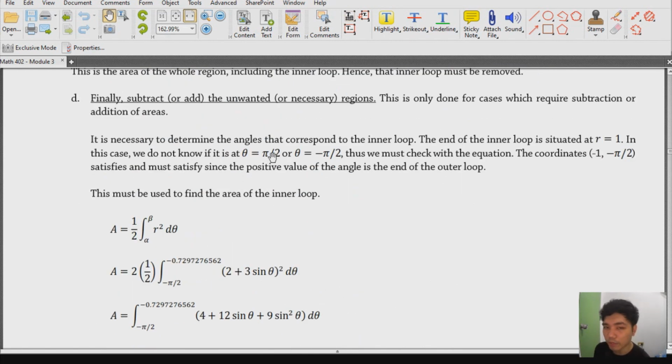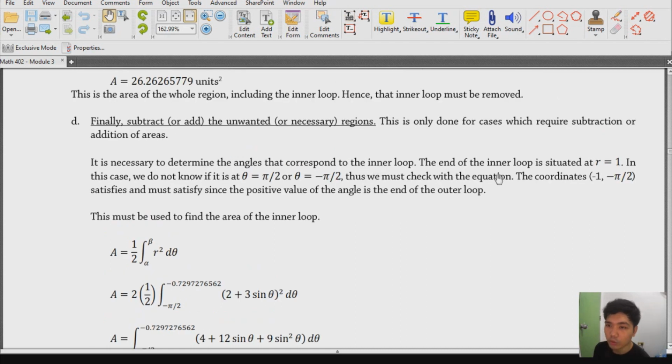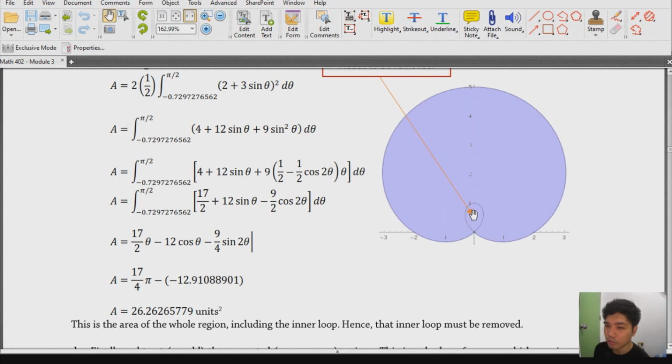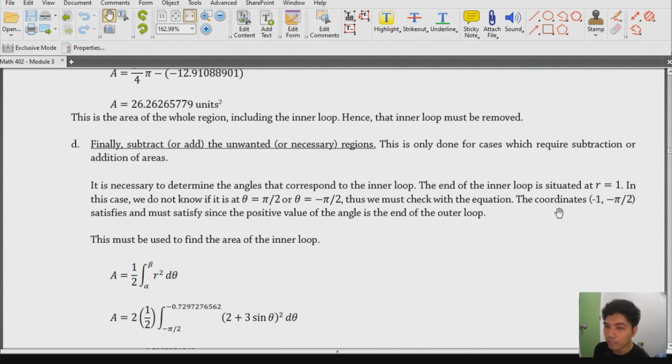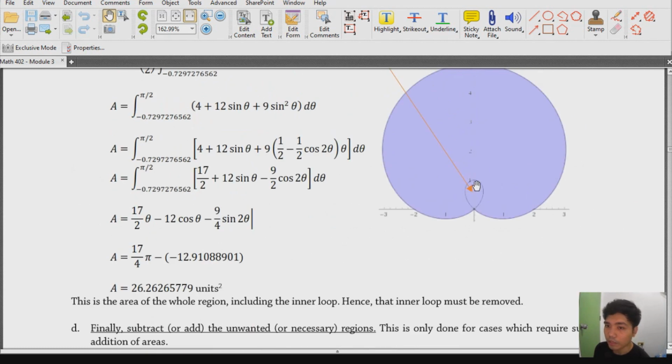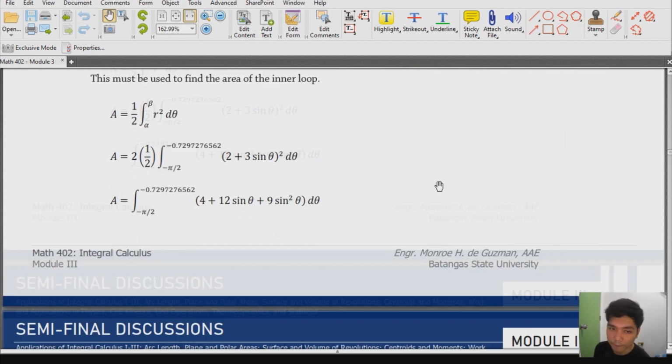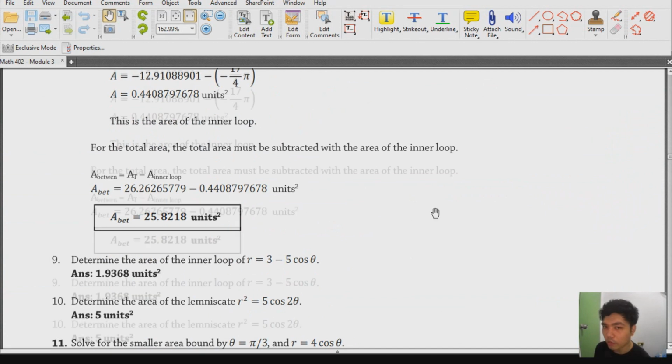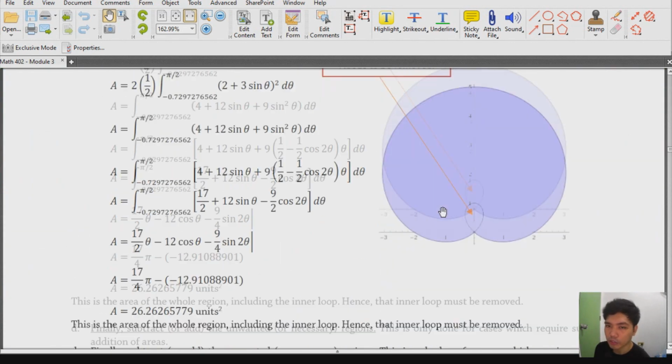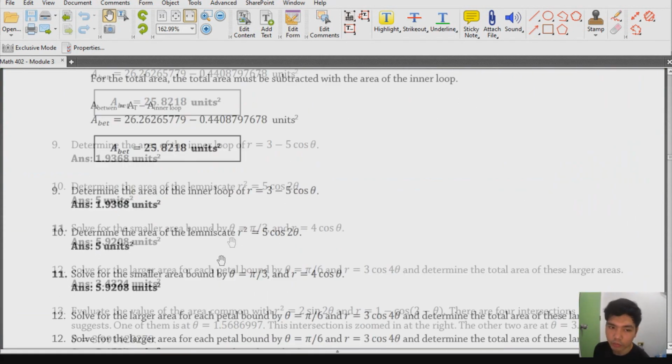So, paano ba nalaman yung negative pi over 2? So, kailangan mo lang hanapin yung coordinates kung saan magkakaroon ng negative 1. So, yun, diba? This is negative 1. So, or negative 1 dito. So, from that kasi, naging pi over 2 yung ating equation. So, pwede rin sabihin natin na from this, yung 1 natin is also pi over 2. Okay? So, pwede nyo i-follow to